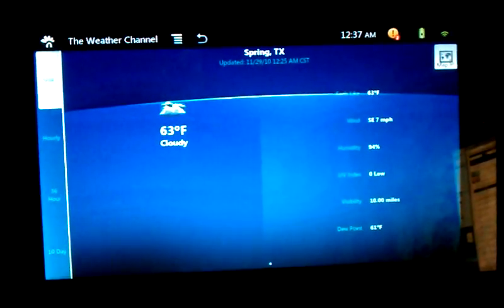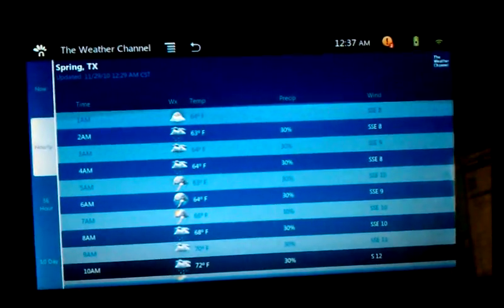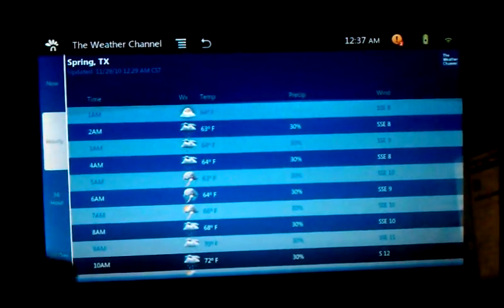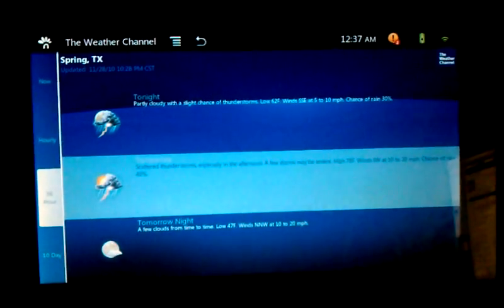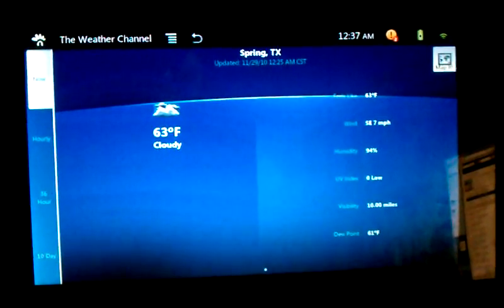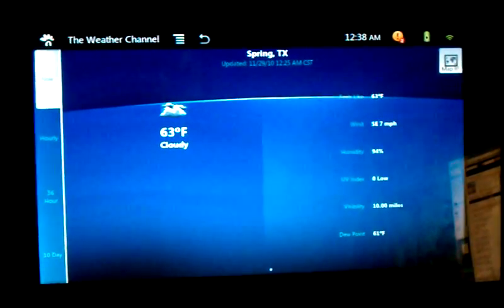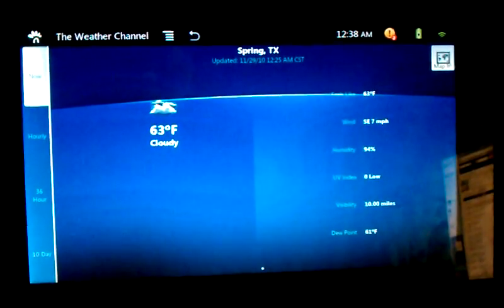Weather Channel, nice app. I think it's probably some of the best info for weather that is available. And on this tablet, it's just really nice. I mean, you have, from 1 a.m. to 10 a.m., and the sizing, the way that it does this, I almost can't imagine looking at this on a smaller screen, which is funny because I have the HTC Evo, and I have this app on the Evo, and it looks so cramped now when I go to the Evo versus the 10-inch screen on here.